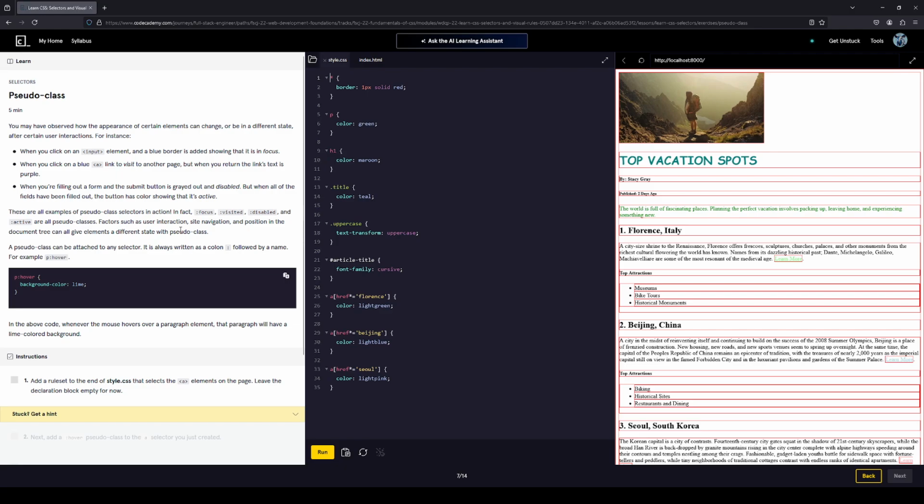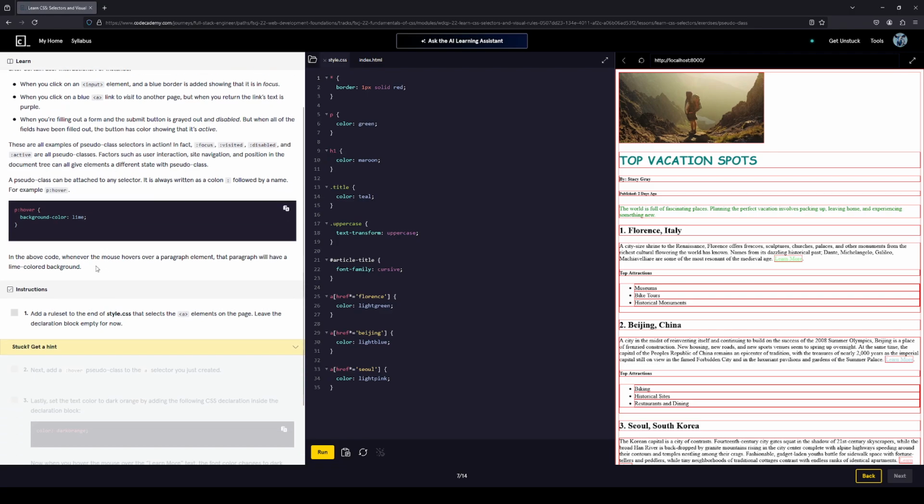Factors such as user interaction, site navigation, and position in the document tree can all give elements a different state with pseudo class. A pseudo class can be attached to any selector. It is always written as a colon followed by a name. For example, p:hover. In the above code, whenever the mouse hovers over a paragraph element, that paragraph will have